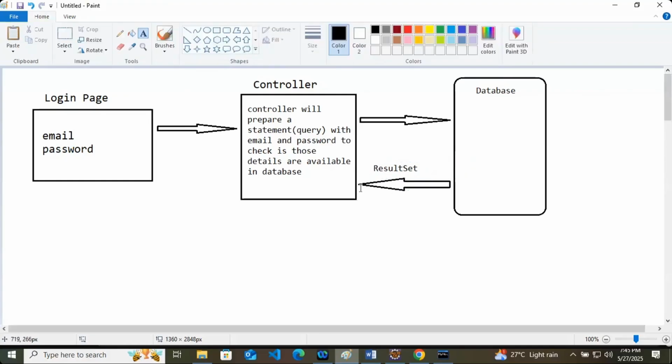Now once the controller gets that, it will check. So how will it check?